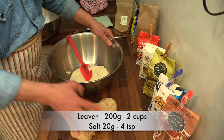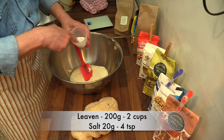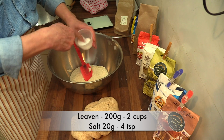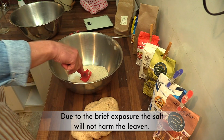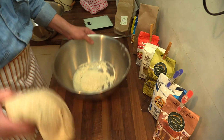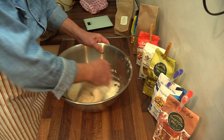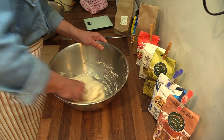So we've got our leaven here, we've got the salt. Don't forget, this is autolyzing as well as hydrating the dough. We can mix the salt straight into the leaven, and then we're going to mix our dough with the leaven using trusty old rock and rolling,